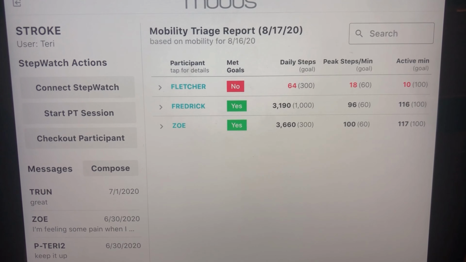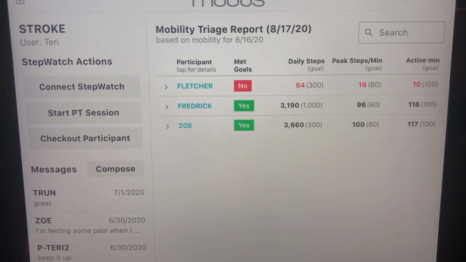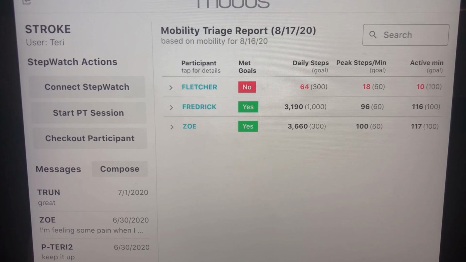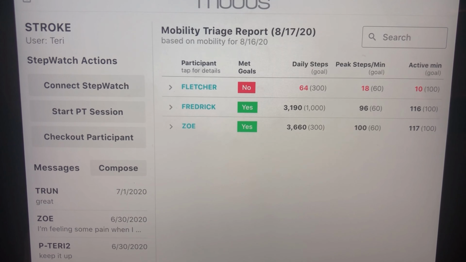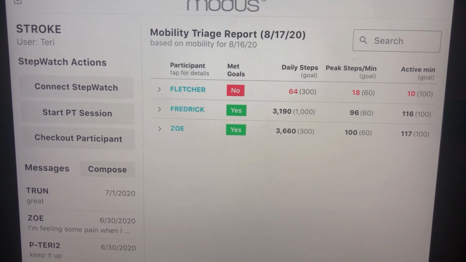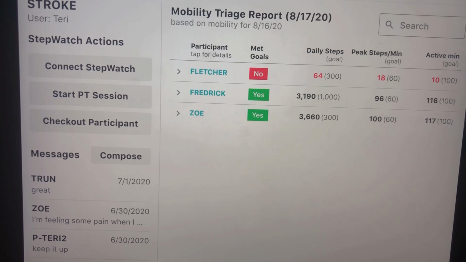Fletcher did not meet his mobility goals. This means that the clinical staff should prioritize checking in on Fletcher. This means I could either visit his hospital room or find out why through our messaging system. So here I can just go to messages